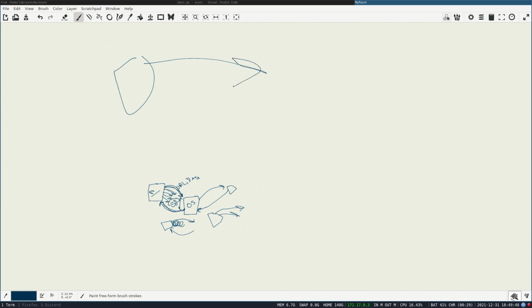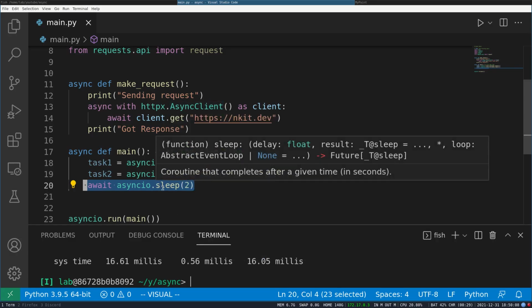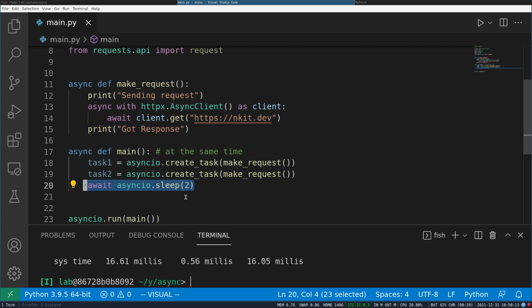In the general case, sleep is also similar to making a request. You tell the operating system to wake you up after n seconds, and then the operating system sends a signal that you need to wake up. But in general code, we don't do anything at this time, we just wait for the OS to wake us up. In the async version, you can still execute other code.